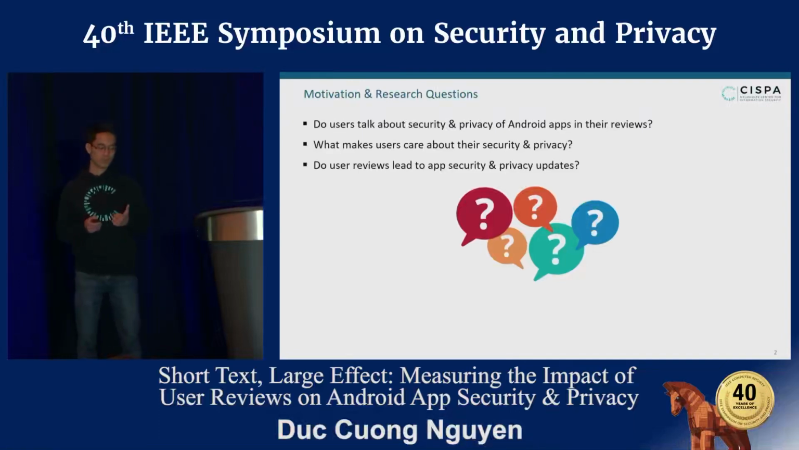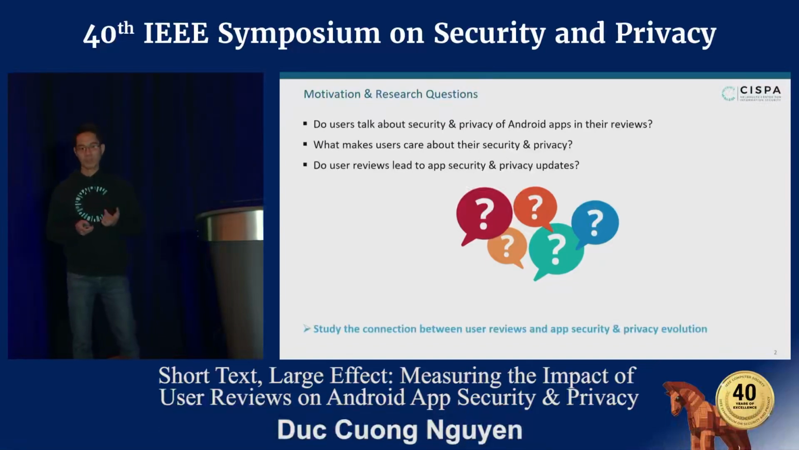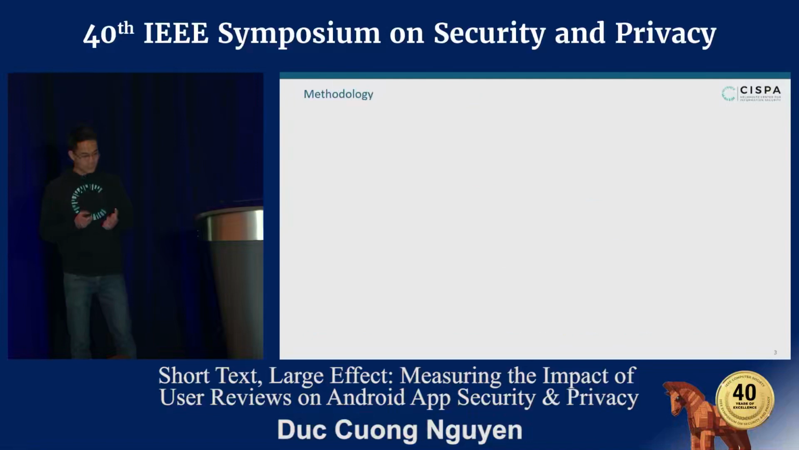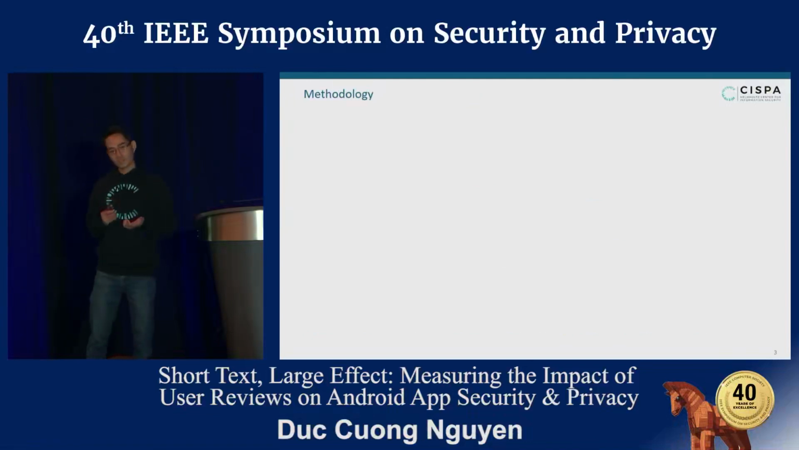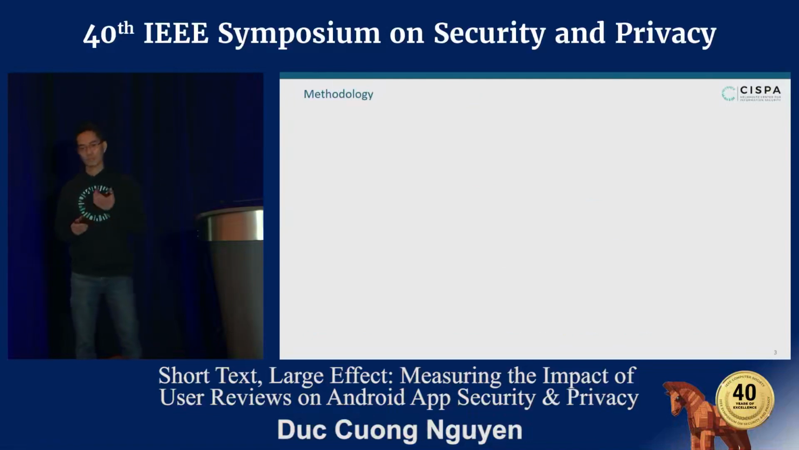First, do users talk about the security and privacy problems of Android apps in their reviews? Second, if they do, what makes them care about their security and privacy? And last, very important, do user reviews lead to app security and privacy updates? So to answer these three questions, we aim to study the connection between user reviews and Android apps security and privacy evolution. And now I'm going to give you an overview of our approach,